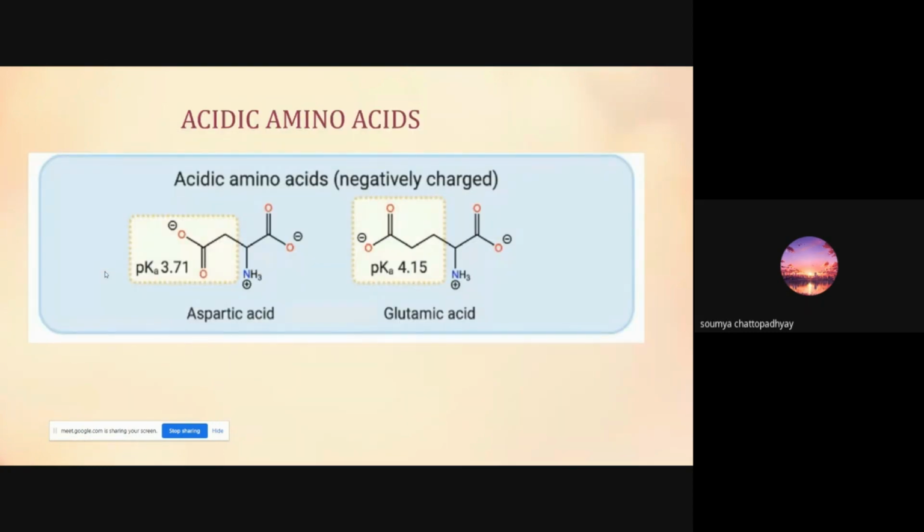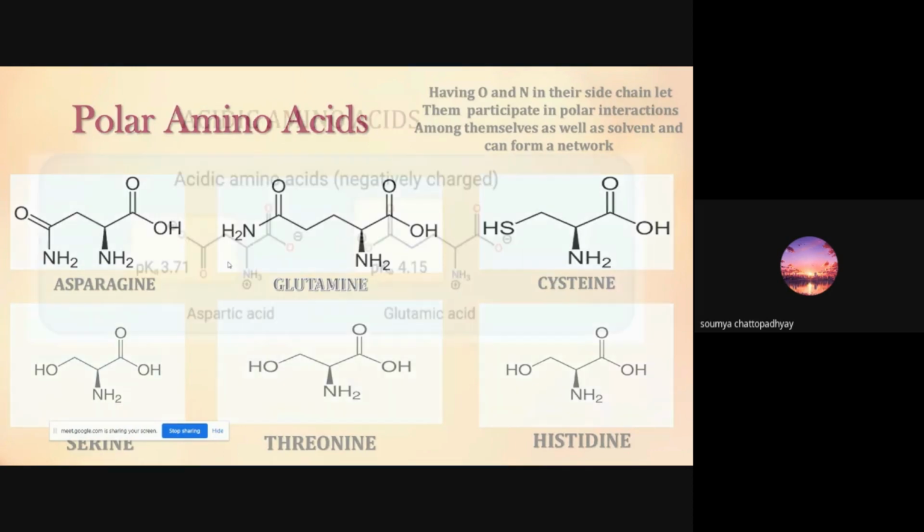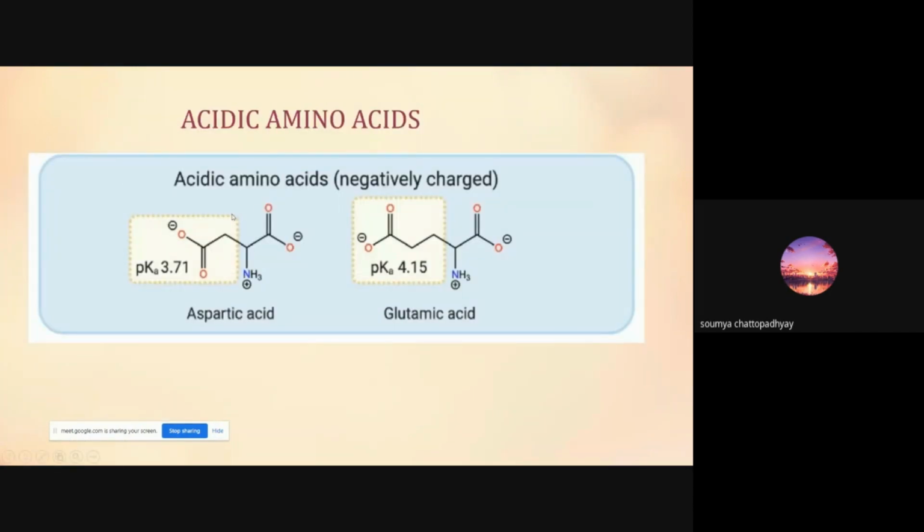Now, acidic amino acids. Basically, you can see a relation between the previous slide and this slide. You see aspartic acid and asparagine. There is a relation between them. In asparagine, you see an amide bond, but where does it arise from? It arises from the carboxyl group, which you see in aspartic acid. So you can correlate in this way: asparagine and here aspartic acid, there you can see glutamine and here it's glutamic acid. There it's the amide bond and here is the carboxyl group.